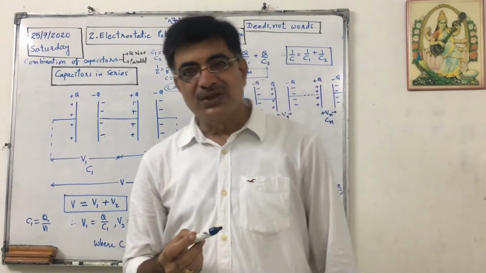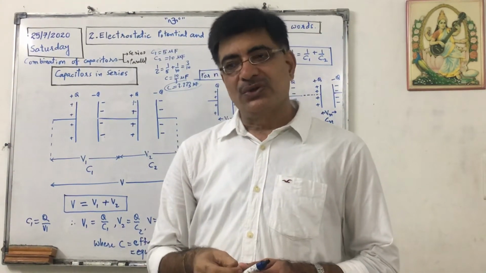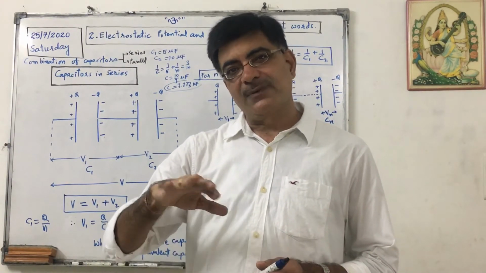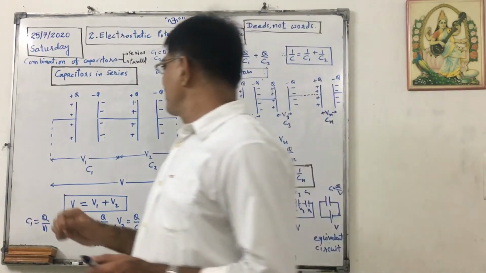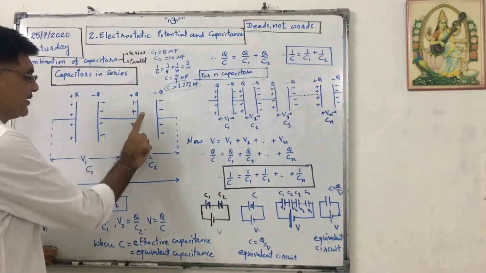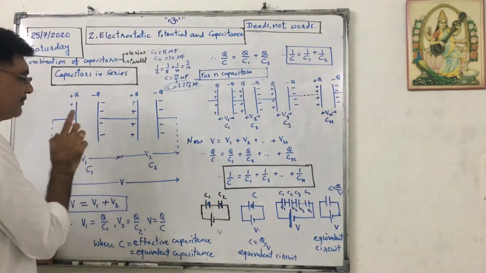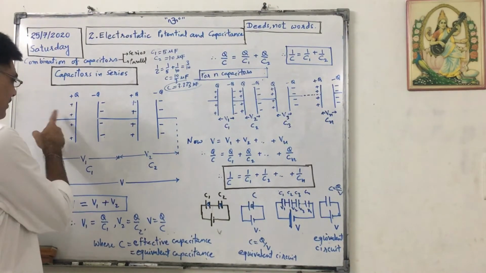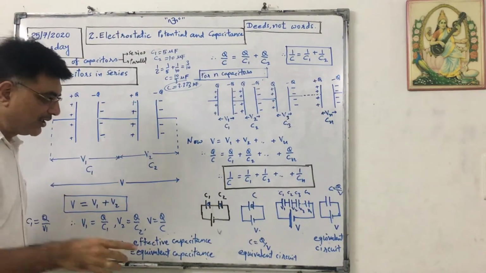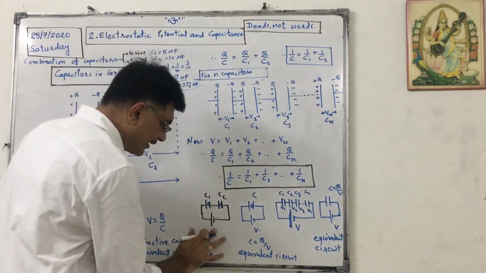In our new textbook, they have drawn somewhat complicated figures. So I have to draw it, but I will draw simple figures also to explain you better. So these are two capacitors. This is first capacitor having capacitance C1. This is second capacitor having capacitance C2. And they are connected in the battery. Positive terminal is here and negative terminal is here. That in textbook they are not shown, so I have drawn here. C1 and C2 are connected like this with battery.